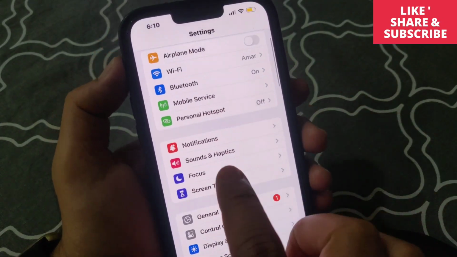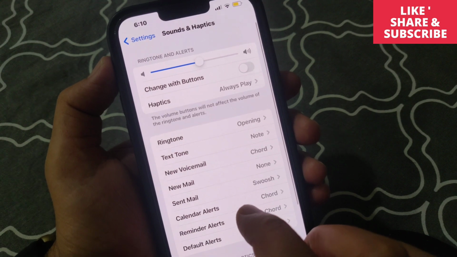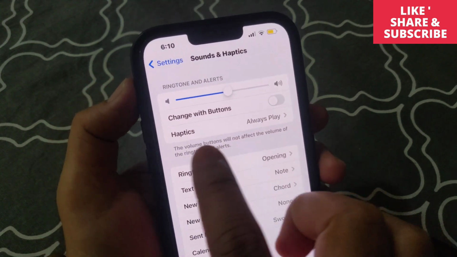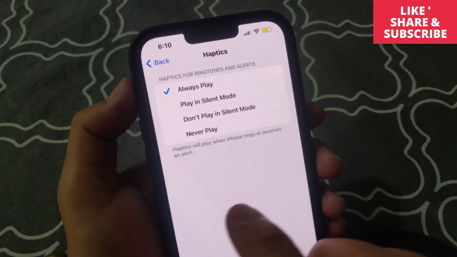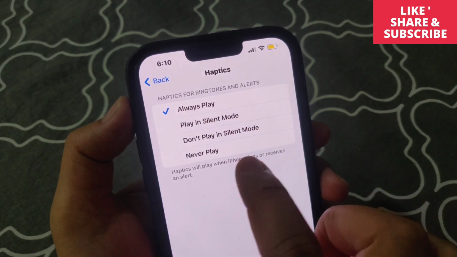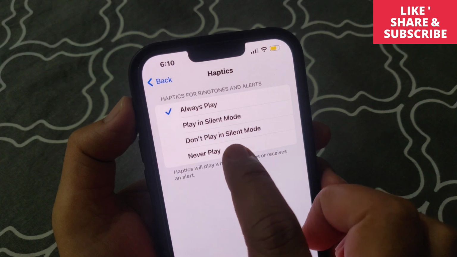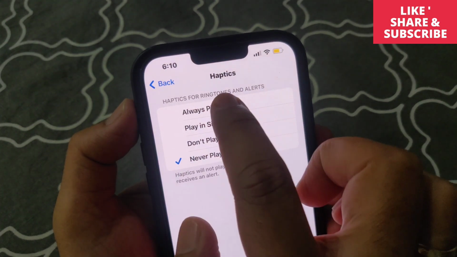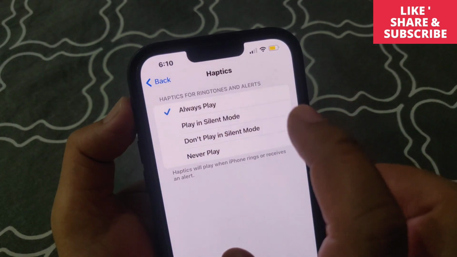find sounds and haptics. You can see over here, just tap on it, and now from the sounds and haptics page, just try to find haptics. You can see over here, just tap on it, and now guys, I guess it's already got selected always play. If it is in your case selected never play, just go and change to select, just tap to always play,